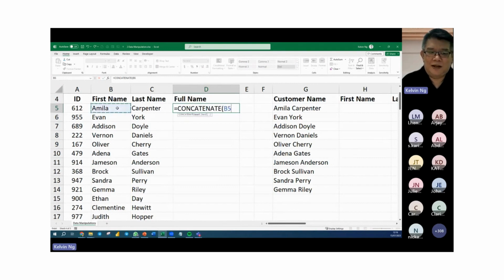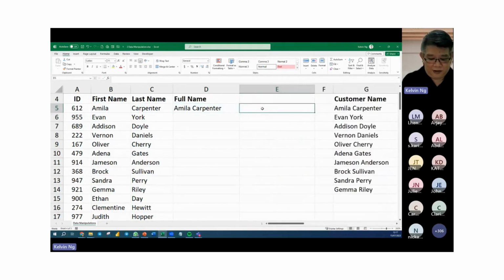So what you do is you tell them Amila, comma. Now, because we want Amila and Carpenter to be joined together, but we need a space in between them, you look at the example in this G5. There's a space in between them. Therefore, you have to put in an open quote, space, then close quote, comma, and you point it to the Carpenter. Now you have Amila Carpenter. So that's one way that you can do that. So the function is called